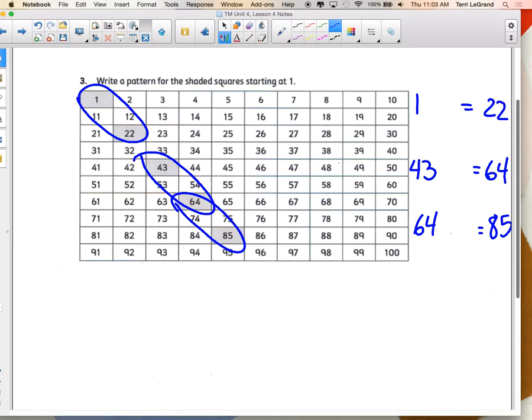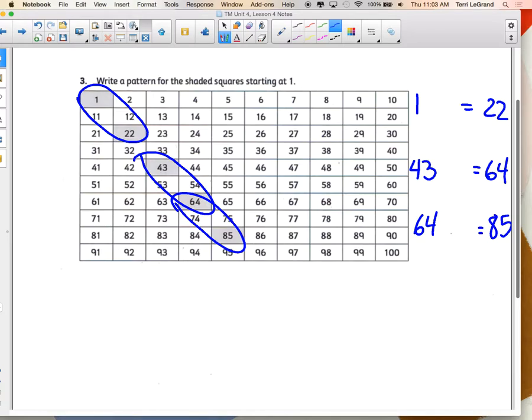So if you take those numbers and you subtract them, you get 21 each time. Okay, so every time you did a subtraction problem, you said you get 21. Okay, so what does that mean? So in other words, the pattern is subtract 21 and you'll get to the next shaded number? So 1 take away 21 is 22. Okay,